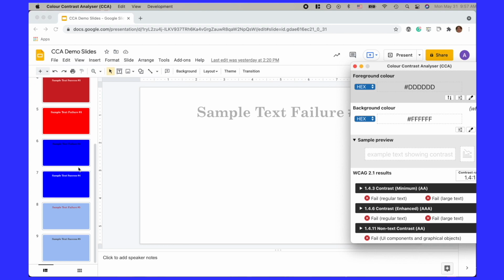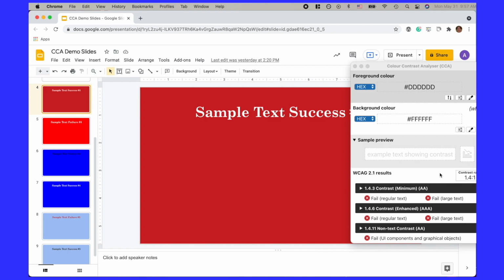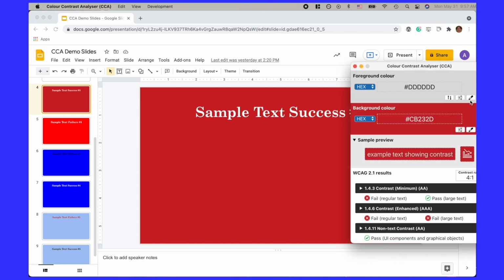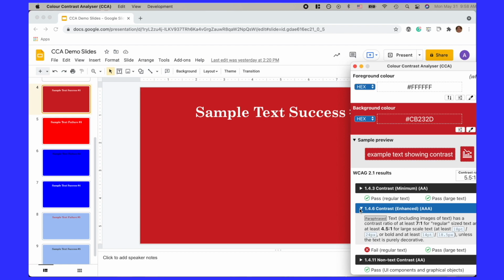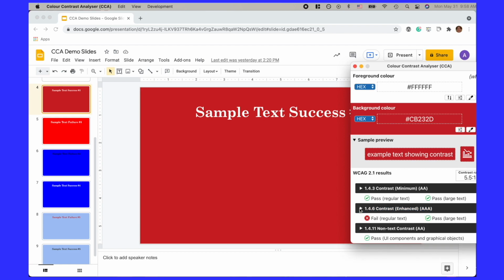So therefore, because of this, you would want to avoid text like this. Now I mentioned red earlier, so let's take a look at red so we can start to understand how red can be problematic sometimes and how to work with it. So this is an example of red being successful. I'm taking the white now and the red, and you can see that passes everything but the regular text, and we're at a 5.5 to 1. So we are missing the 7:1 that is needed for regular text. But other than that, we are meeting all the other standards.